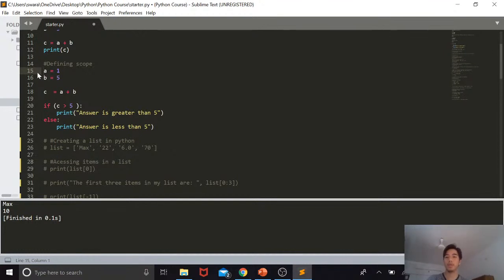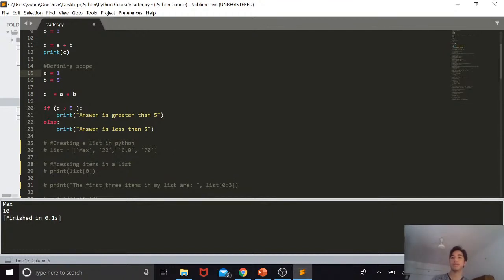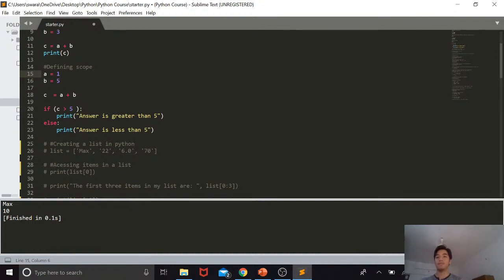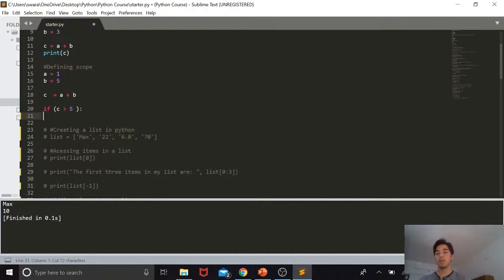So I have defined another variable called a, which gets reassigned the value of 1 again, and then b also gets reassigned the value of 5, and then we add c equals a plus b. Alright, and the if and else conditional works something like this, that if